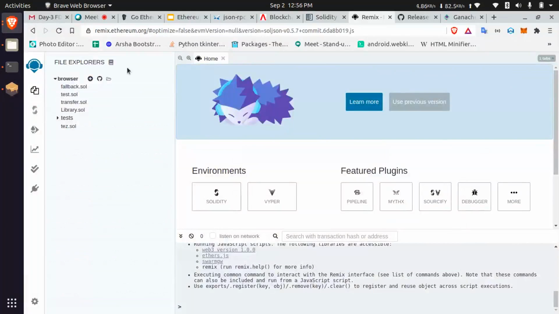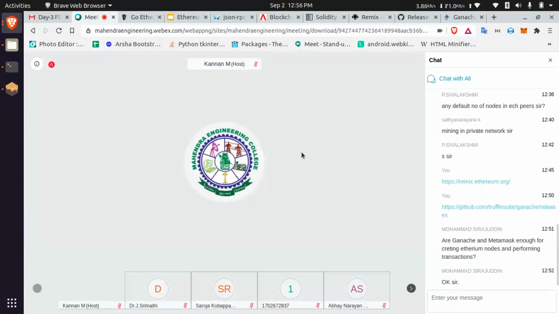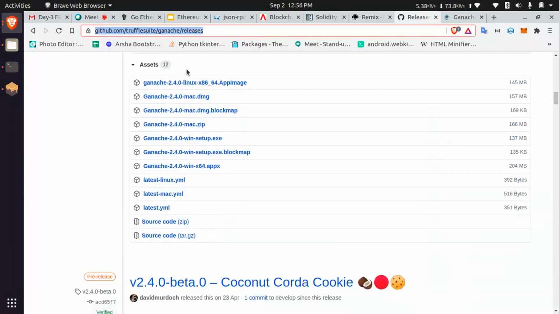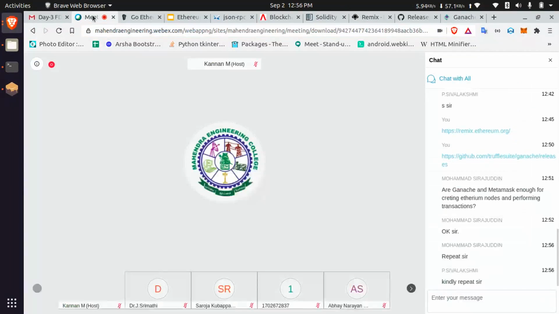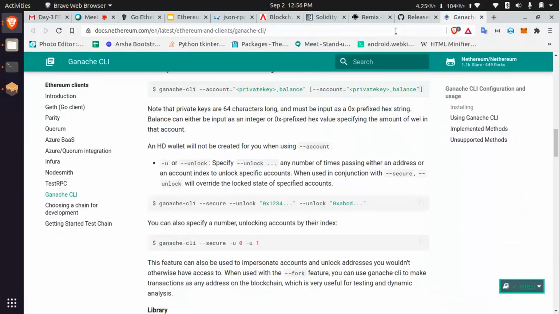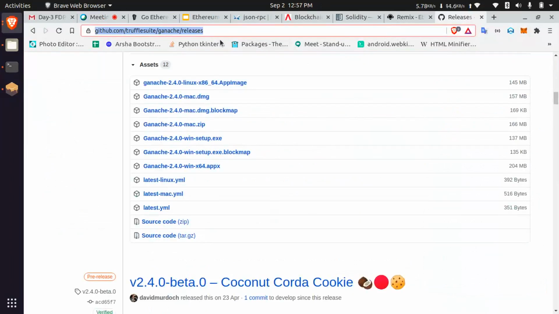Understand, or do I need to repeat this same for everyone? Just try to download that from here, then let me know. Yeah, Ganache installed. If anyone is pending for installing Ganache, just click the exe and install it on your system.